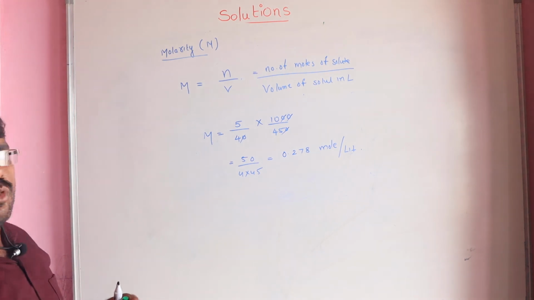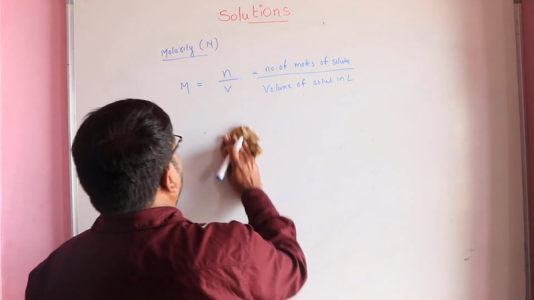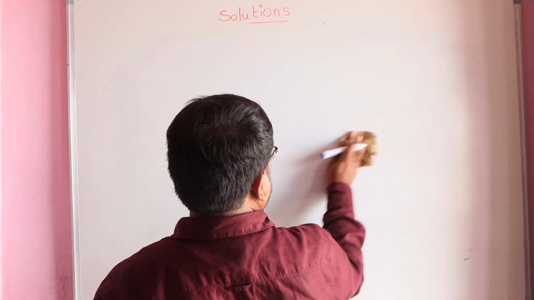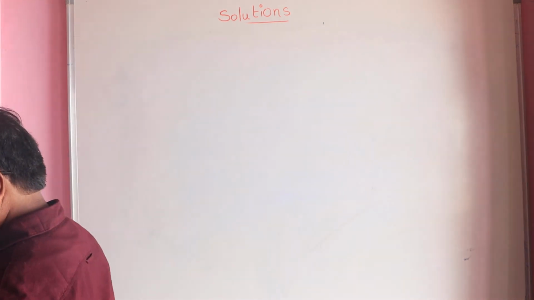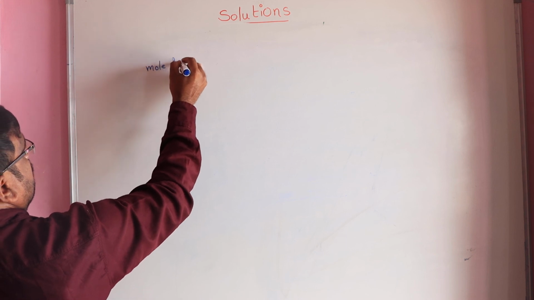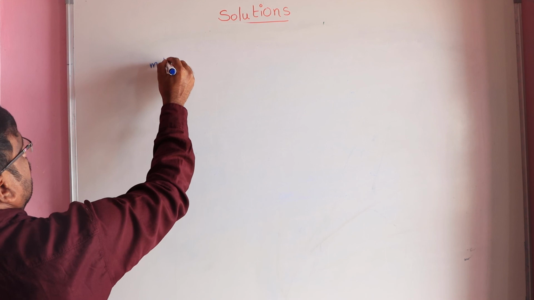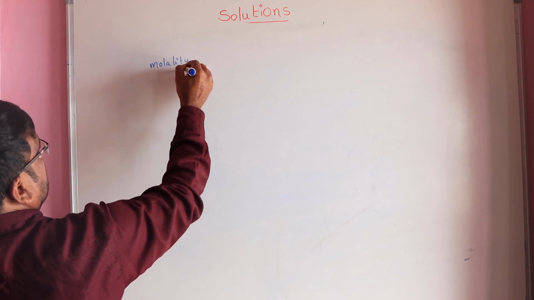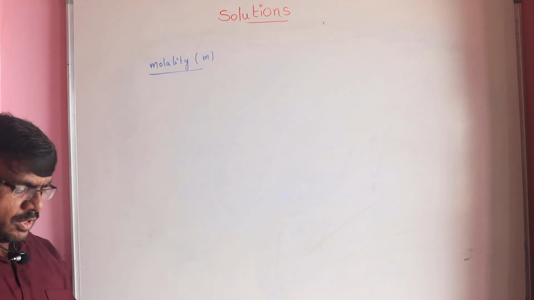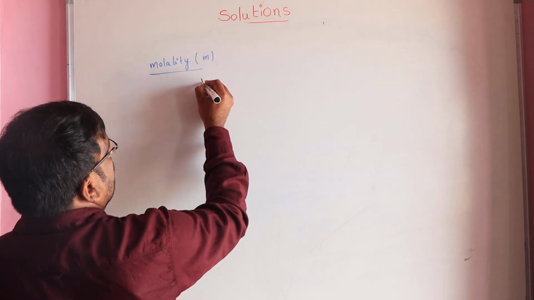So this is about molarity. Then after molarity, I want to explain molality, small m. What is the definition of molality? The number of moles of